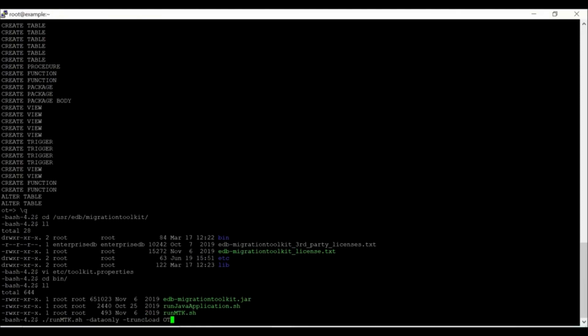The dataOnly option migrates only data from Oracle to EDB Postgres, and truncLoad will disable the referential integrity and also truncate the table before loading the data. So let me execute this first.